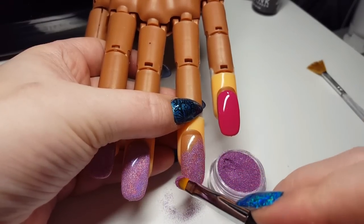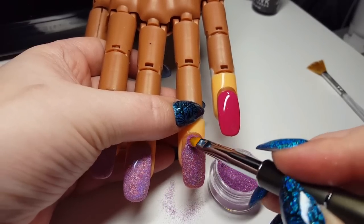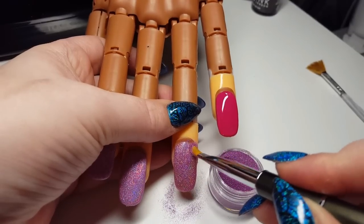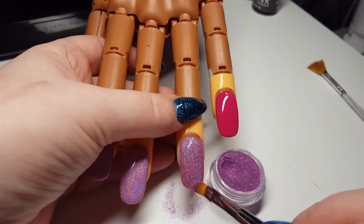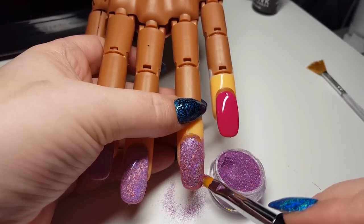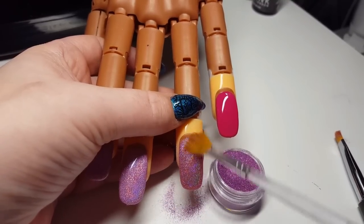Now this glitter is actually, again, a 004 hex. You get a pretty good full coverage on this particular glitter that we sell. Now you can see there that I've missed a spot, so that will be taken care of when we apply our second layer of glitter. So I'm going to come in with my fan brush again, sweep away any excess,